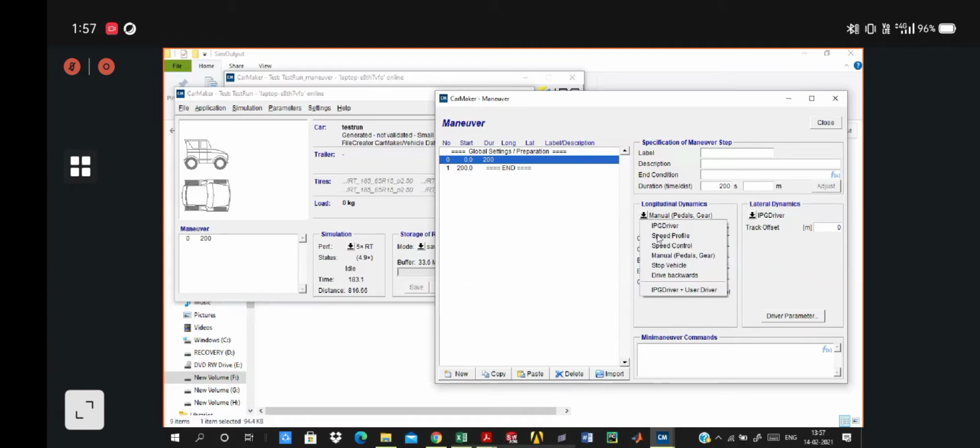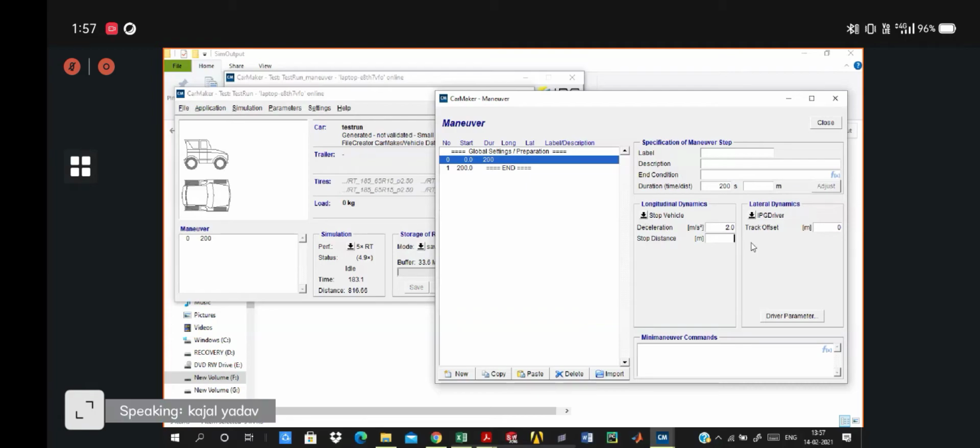Then there is stop vehicle, which you can use while simulating your vehicle in the brakes. You can define the acceleration time or the stopping distance. But as I mentioned earlier, it totally depends on your vehicle design and the vehicle parameters that you have already defined in the vehicle dataset.